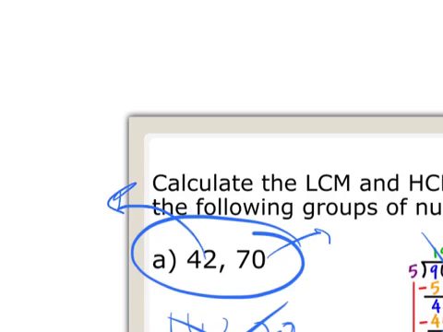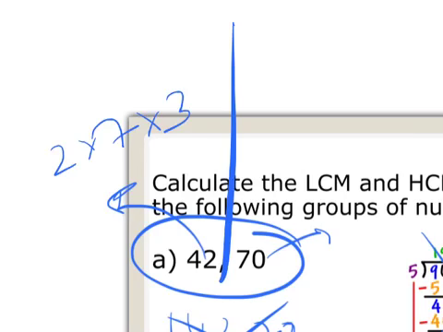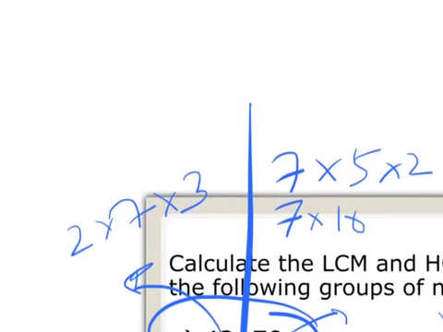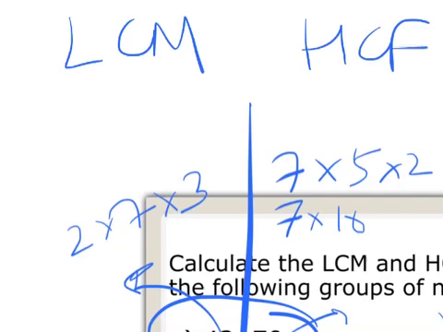Any doubt in this thing, how to find the factors? 42 का factors is 2 into 7 into 3. We just calculated some time ago. And 70 का factors is 7 into 10, which is 7 into 5 into 2. Alright, so the first thing we've done is find the factors. Now how to find the LCM HCF? LCM is the common least, LCM least common multiple. HCF is highest common factor.